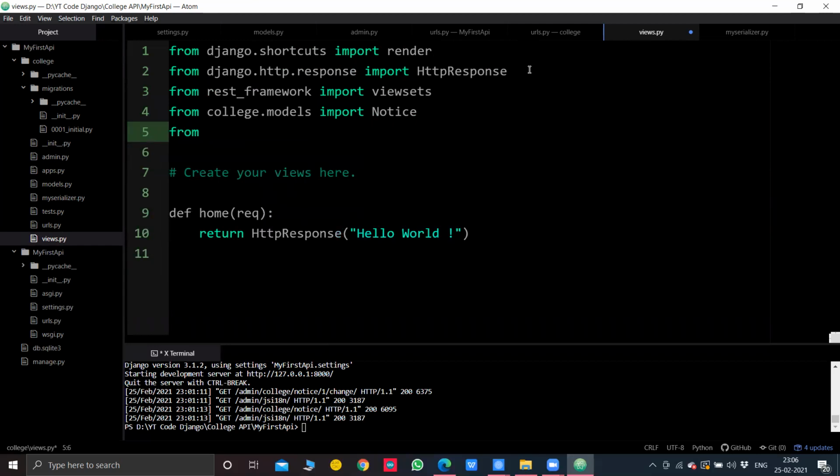You see here in views, the models.py is linked through the import Notice. The serializers.py is linked through NoticeSerializer.